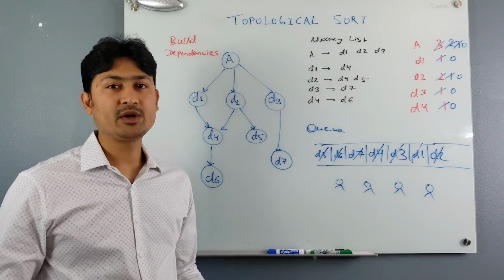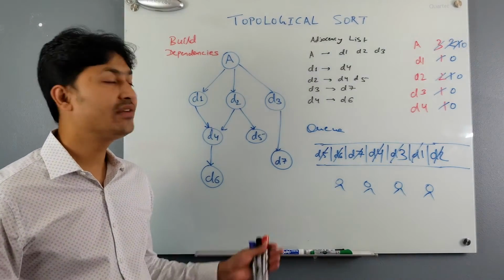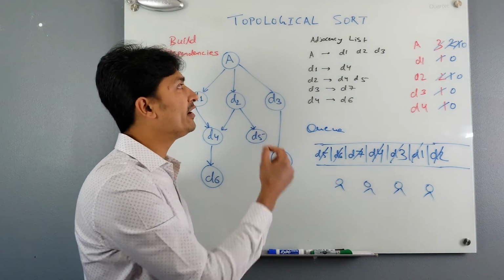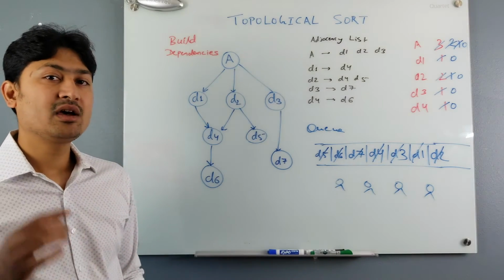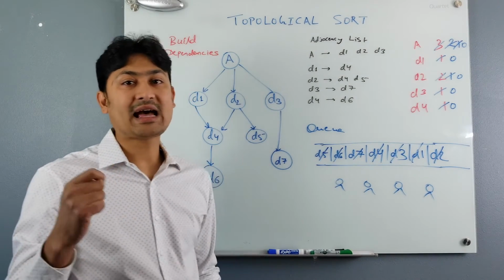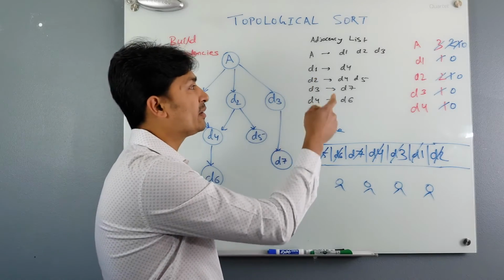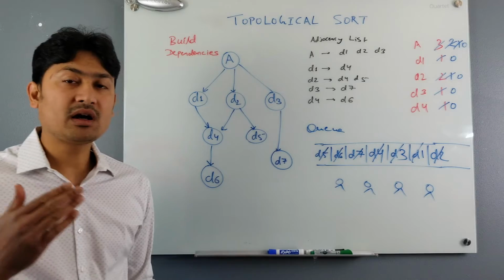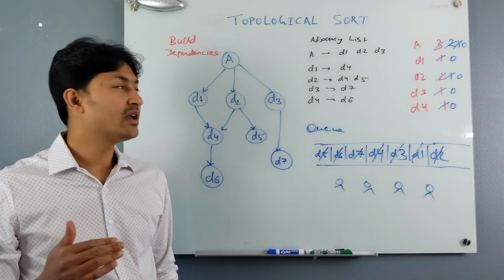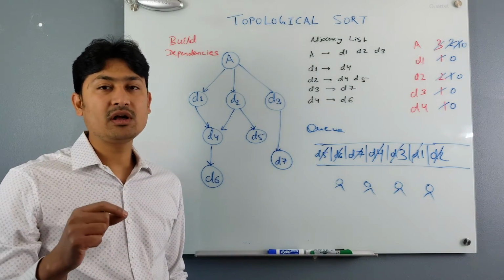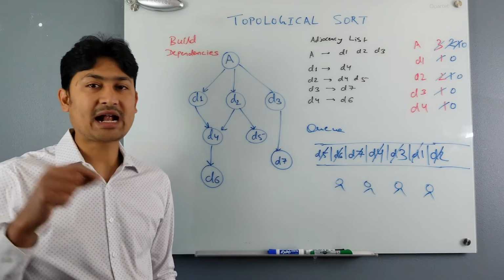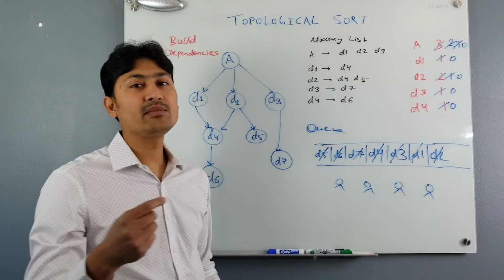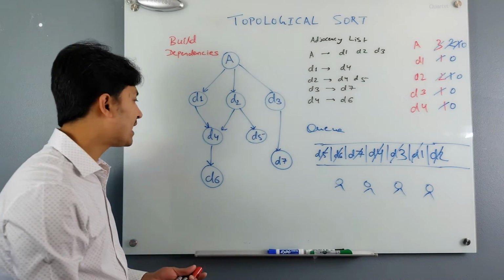Another optimization you can do here is, every time you process any element or dependency, you need to iterate through all the entries of the adjacency list, checking if anyone has a dependency on that item. You basically decrement their dependency counter. But if you have another map where you can keep track of every node and all having dependency on that node, then you may not require to iterate through every item in the adjacency list. For example,